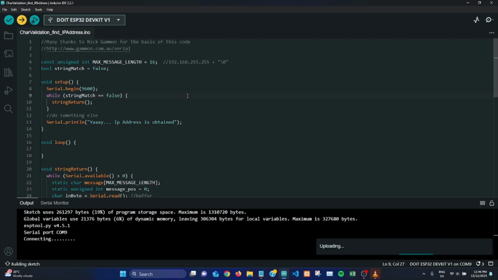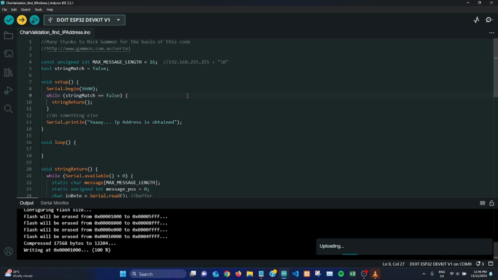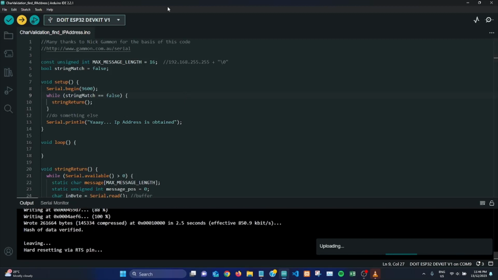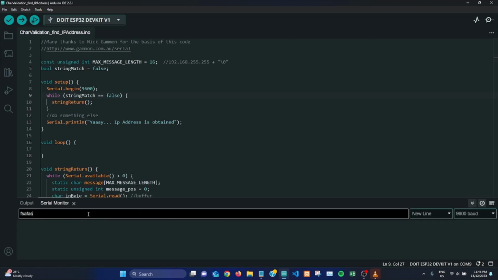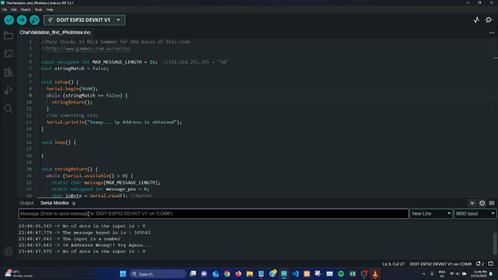Hit the boot button. Okay, it's uploading as usual. Okay, so let's clear this. Okay, again, some gibberish, and then it says this is wrong. Some gibberish again, and then finally the correct value, 0.7. So message keyed in is this, the input IP address, yay, IP address is obtained, and we only get